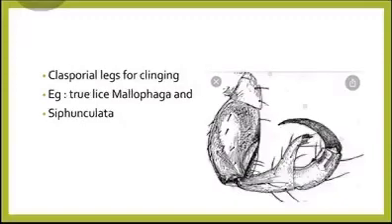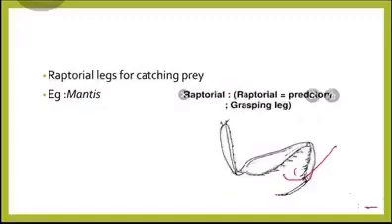Then the next type of leg is the clasporial type of leg, which is used for clinging, found in the ectoparasites, the true lice of order Malophaga and order Siphunculata. As you can see, the pretarsus is modified in the form of a claw, by which it can cling to the external body part, that is the skin of the host. Then coming to the raptorial legs,